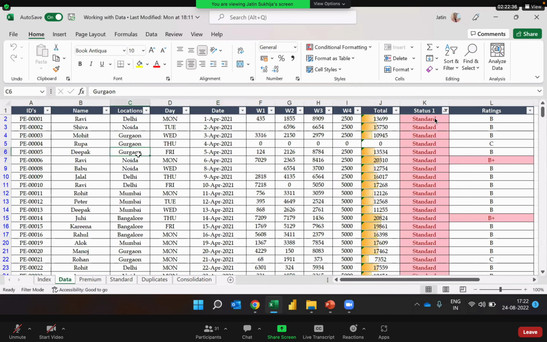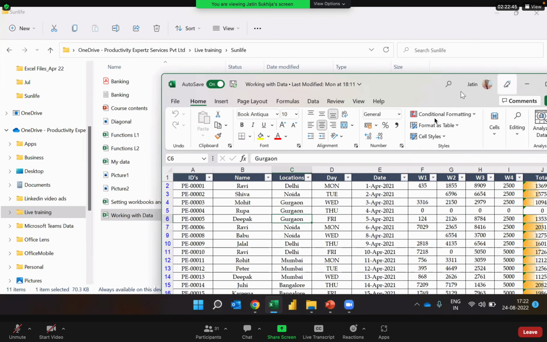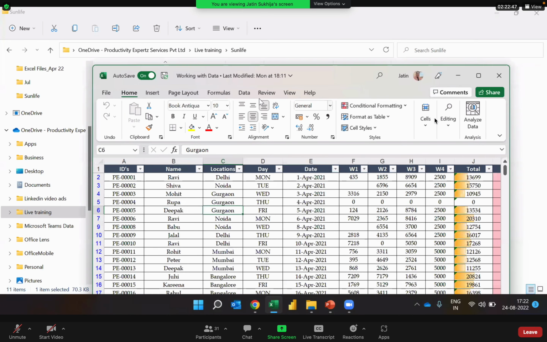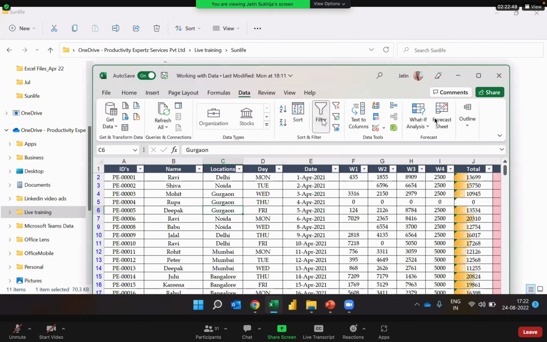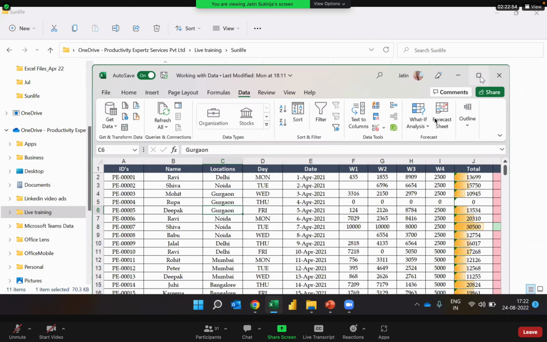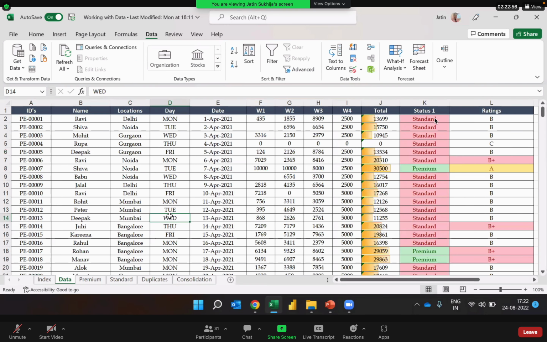So what I was saying is, on this sheet, you can see filters are by default applied. So first we have to remove the filters. Let me go to my data tab and let me click on the filter again to remove them. And now, this data which we have, once I've removed the filters,